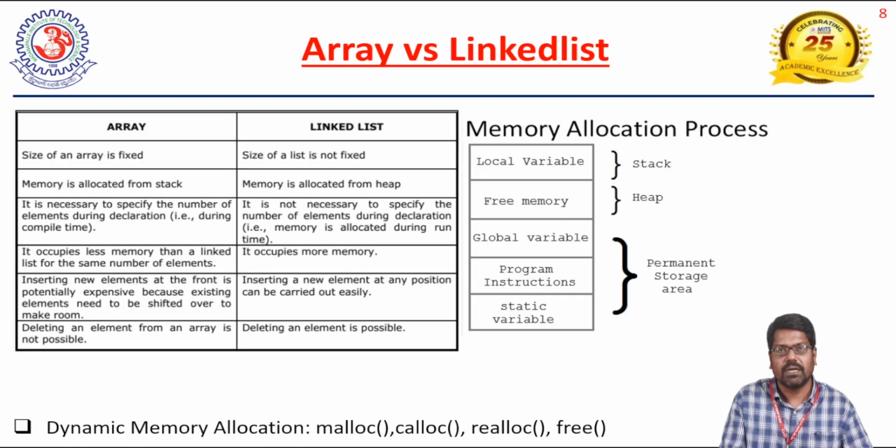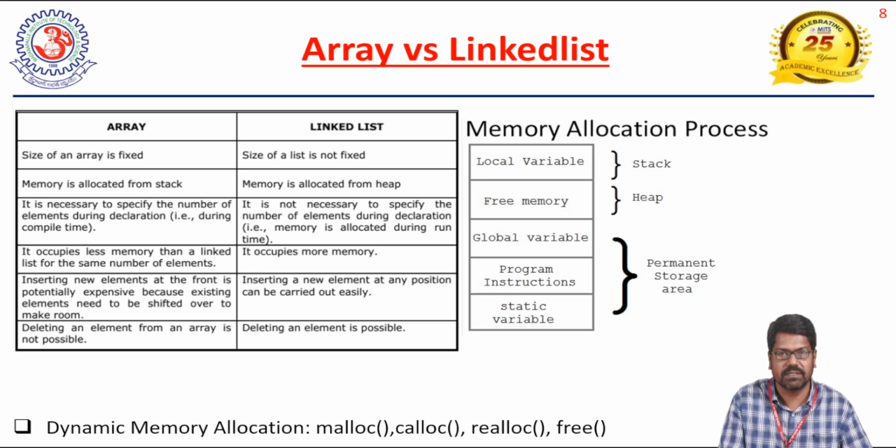Now coming to the difference between array and linked list. Before going to the difference between array and linked list, if you look at the right side of the slide, I have given the memory allocation process. See there, a program generally consists of the following things: local variables, global variables, program instructions,